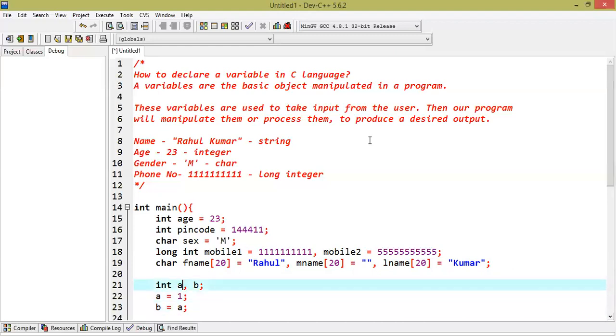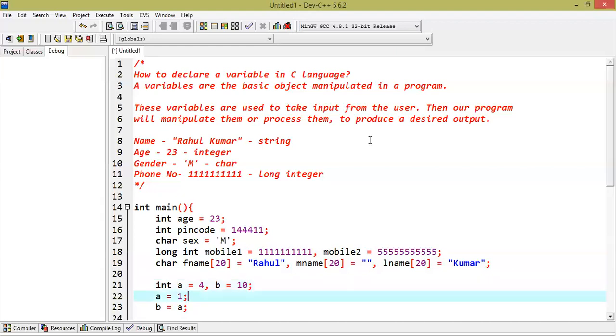Similarly, when you declare the variables, you can initialize all of them or you can initialize any one, something like this. So 4 is assigned to A. But if you want to initialize all of them, you need to use the assignment operator with every variable name. We cannot initialize all the variables using only one assignment operator. We need to use one assignment operator with one variable and then put a comma between two variable names to initialize the variables.